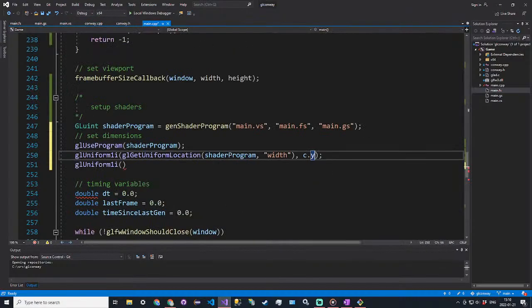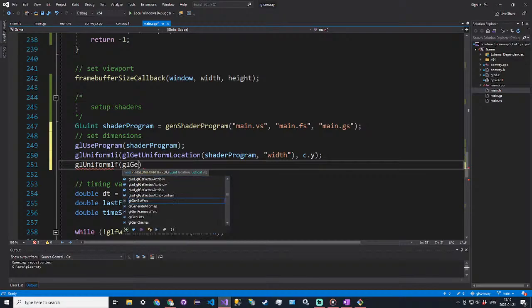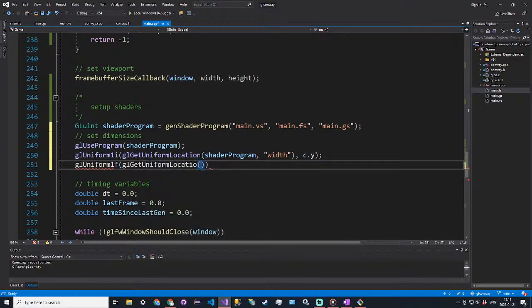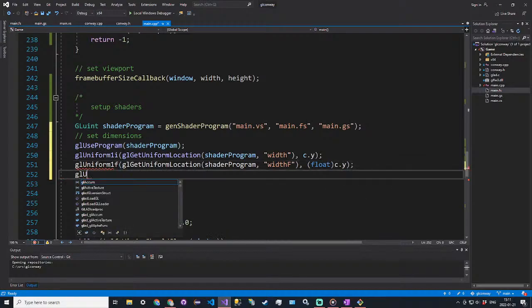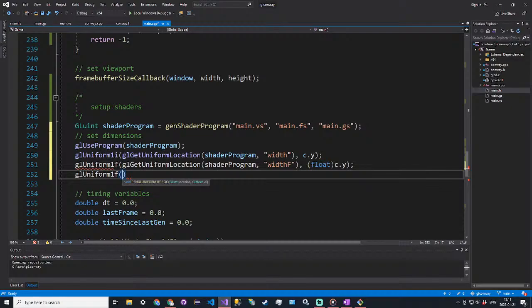And then we need to set the float values. So this will just be 1f now, sorry. For a float, glGetUniformLocation, shader program, and the name will be widthF, and then the value will be a float conversion of c.y, and then something similar for the height float. So glUniform1f, glGetUniformLocation,